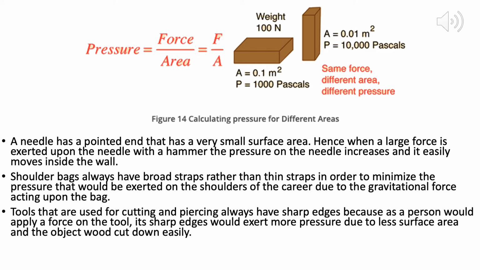Now, some examples related to the formula that pressure is inversely proportional to area. Suppose a needle has a pointed end that has a very small surface area, and a large force is exerted upon the needle with a hammer. The pressure on the needle increases and it easily moves inside the wall. Like that, tools that are used for cutting and piercing always have sharp edges, because as a person applies a force on a tool, its sharp edges exert more pressure due to less surface area,